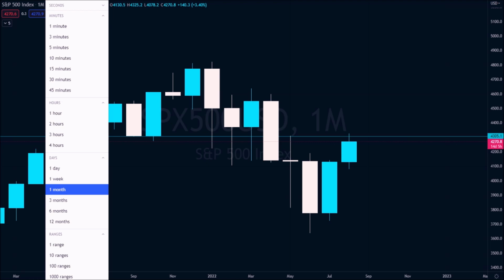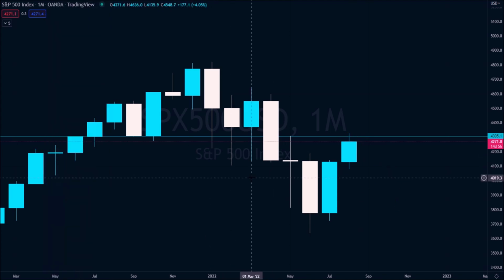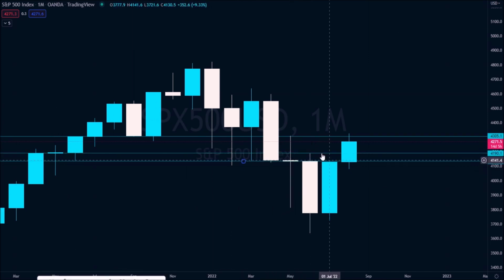Actually, on the monthly here, I just want to point out this inside month and then this level here. So you could see that this is a deviation. If we get back below then that might be the trigger for more downside in my eyes. So I'm just going to mark out that candle. I'm going to mark out the candle open and close because that is going to be support and resistance on the lower time frames. Let's go down to the daily,